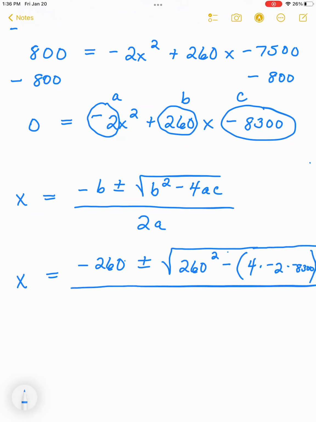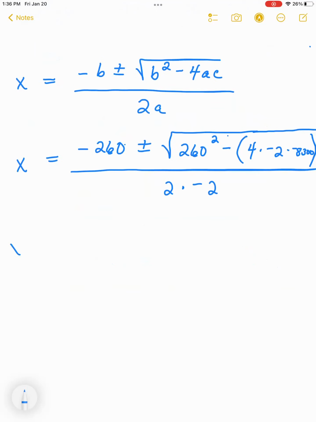And that's all divided by 2 times a, 2 times negative 2. So that will become negative 4 down there. Let me simplify some stuff here. So negative 260 plus or minus the square root